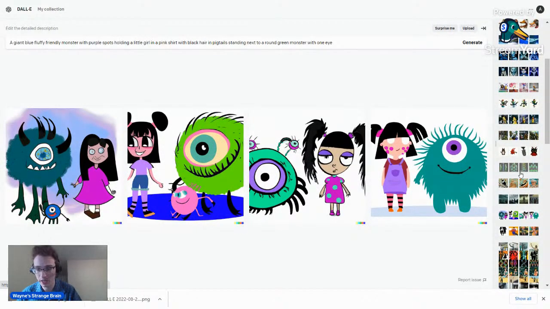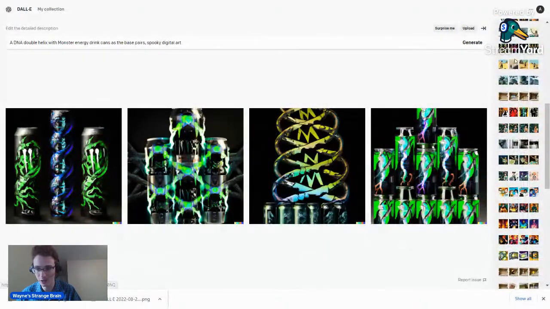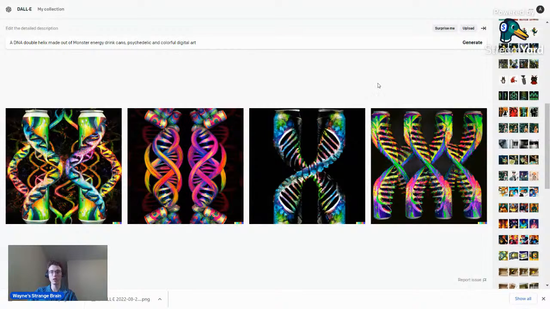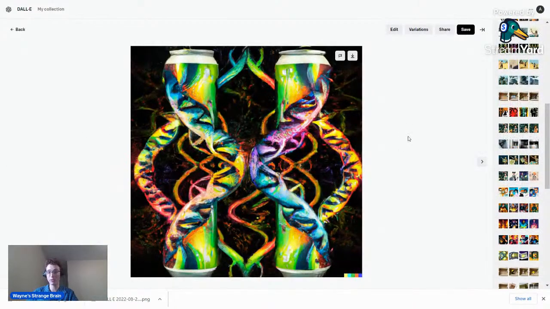Here's a pretty decent one. I've got to show you the original actually. Don't look. A guy at work suggested a DNA double helix made out of Monster Energy drink cans, and then I added the psychedelic and colorful. This doesn't exist in real life, and this is absolutely one artist's rendition of it.